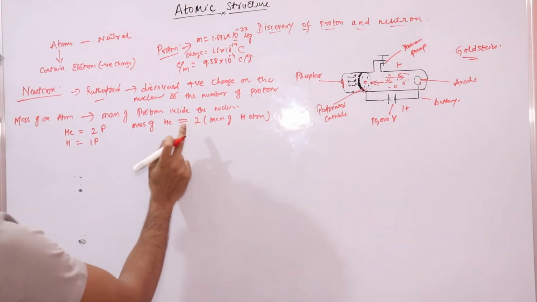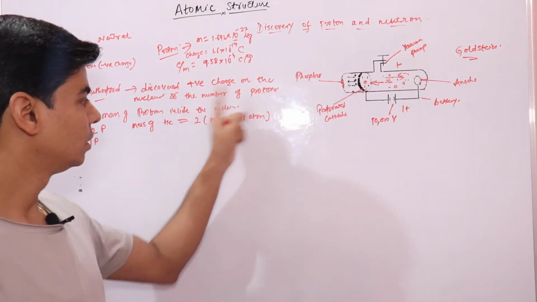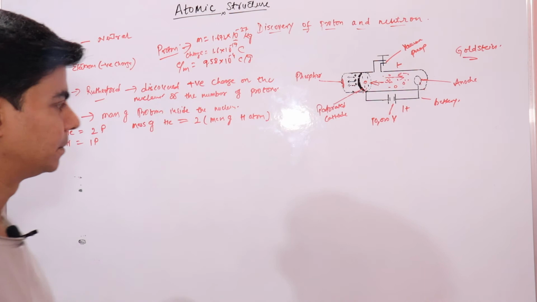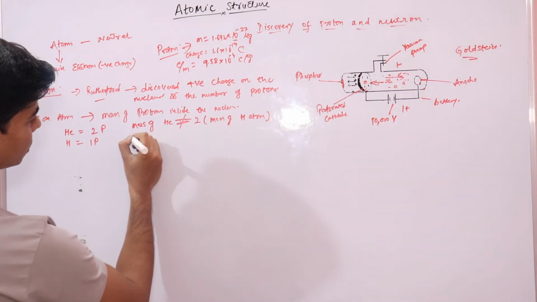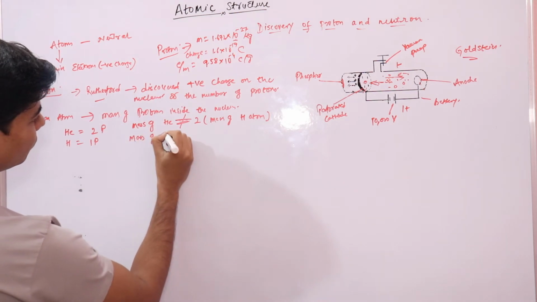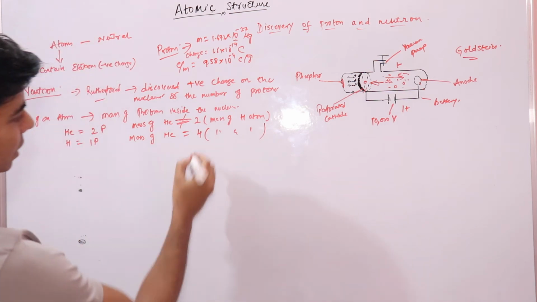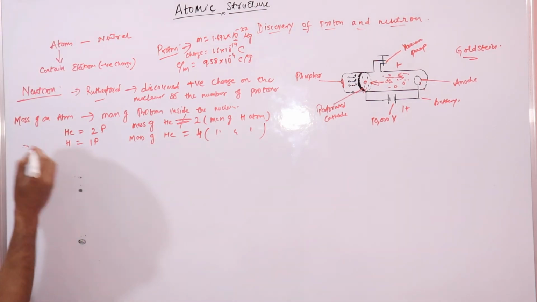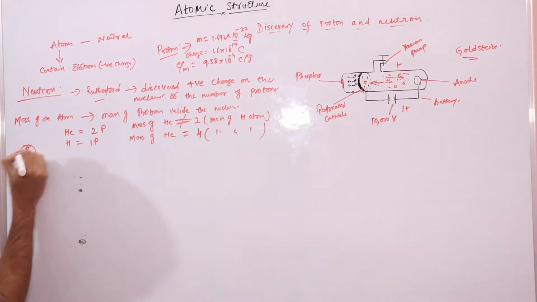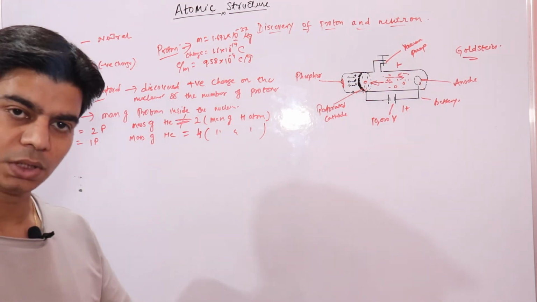But this is not so. The mass of helium was not twice the mass of a hydrogen atom. Instead, the mass of helium was found to be 4 times the mass of a hydrogen atom. And we know that the mass is due to protons which are inside the nucleus. Till this time we know that there are protons only in the nucleus.